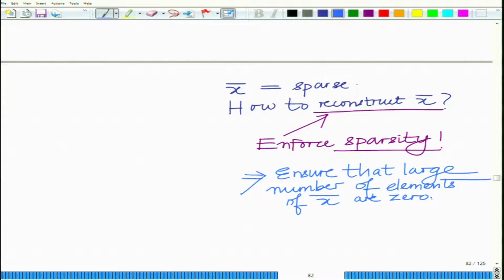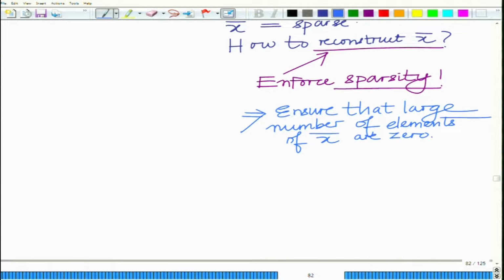So that x bar is sparse, and this is precisely what is enforced by what we call the L0 norm. Like L1, L infinity and L2 norm, this is the L0 norm, and the L0 norm equals the number of